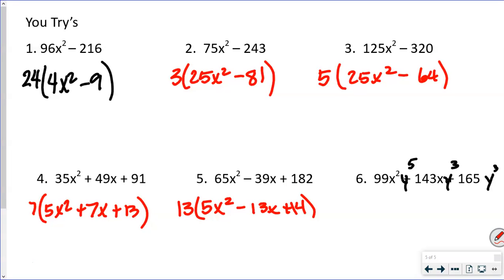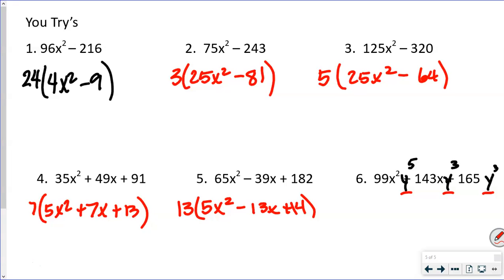So this last one, I'm looking at 99, 143, and 165. So I would probably divide all these numbers by 9 first. You could start with 3, but I would divide by 9 just to try, okay? Well, all of them are not divisible by 9. Well, what's the other factor of 99 and 9? It would be 11, right? So let's divide them all by 11. So they are all divisible by 11. Now, I want you to also notice we got a y in every one of them. So we're going to take our biggest factor of y, which is y to the third, and we're going to